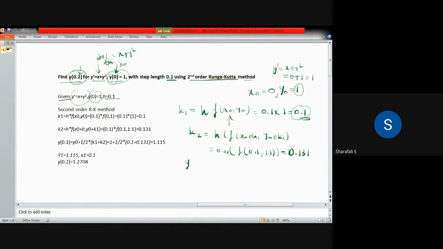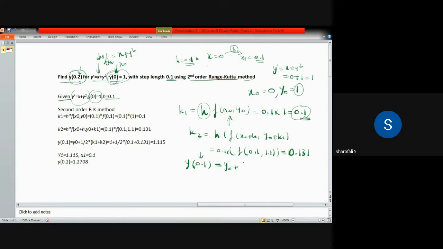So what is y of 0.1? We are considering h as the step size. We are starting from x equal to 0 with the step size h equal to 0.1. So my first x value will be x1, that will be equal to 0.1 because my h value is 0.1. So 0 plus h is 0.1. We'll be getting y of 0.1 first, which means that my x value is 0.1 now because the x value is incremented by 0.1 and the initial x value was 0. So this will be equal to